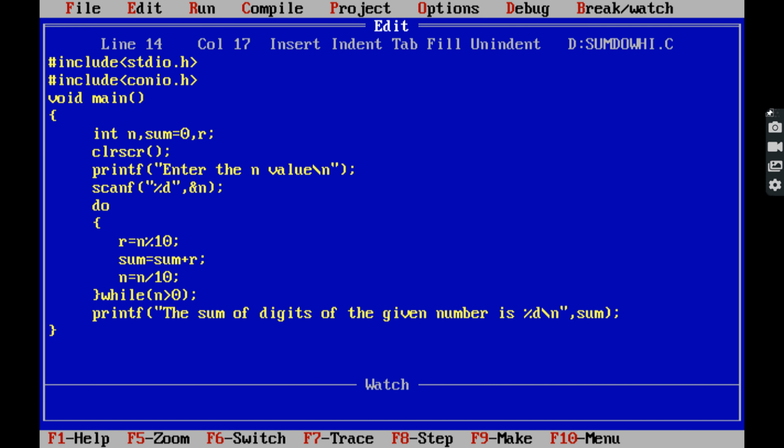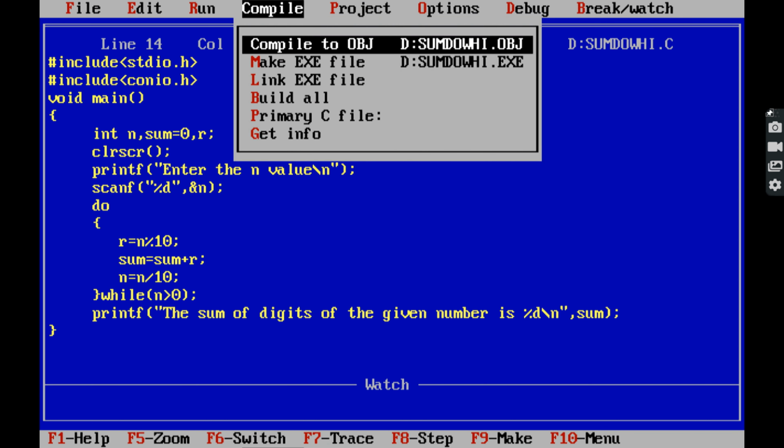So for the second time onwards, if the condition is true, then the body of the do while loop is executed, otherwise the body is not executed. Now we have to compile and run the same program. Whatever logic was already explained, the same logic is there.